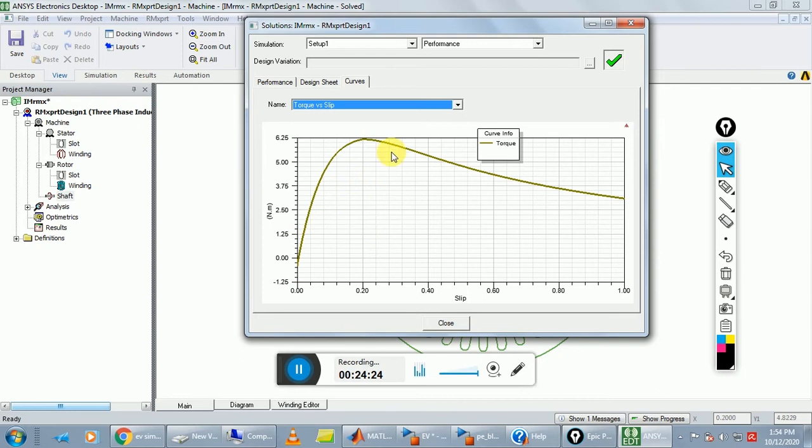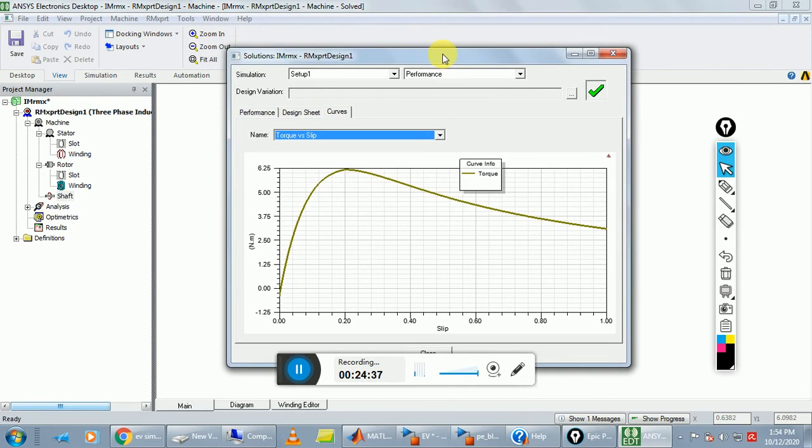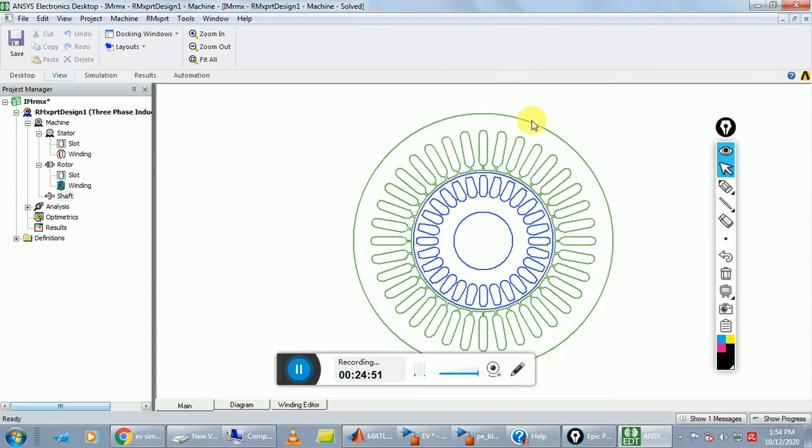You check one by one, and after the completion of this step, next step is we design the same induction motor by using Maxwell 2D. So first I close this tab.